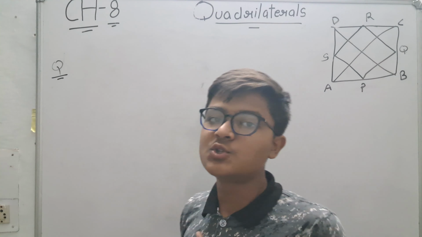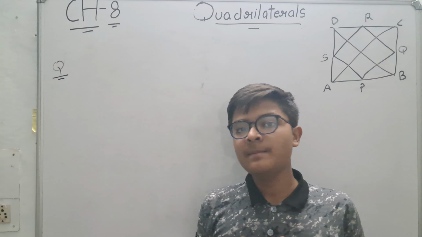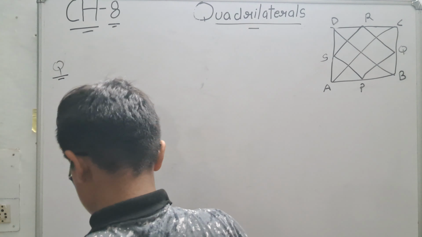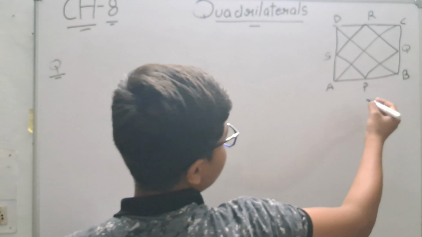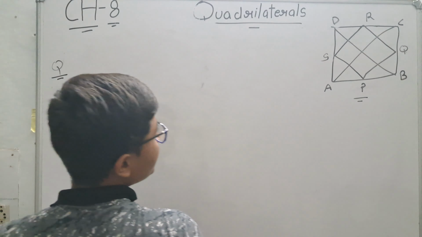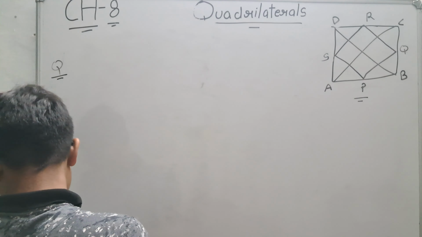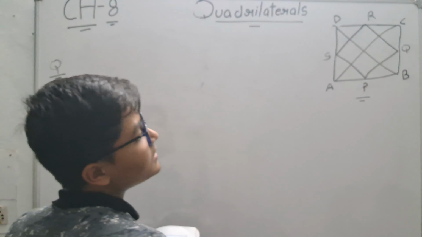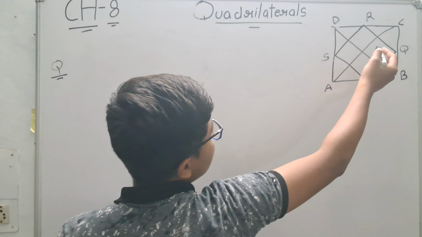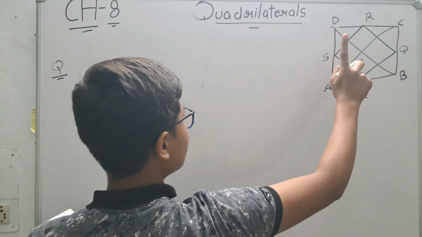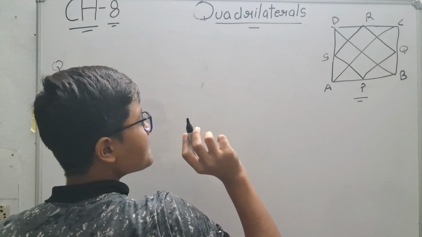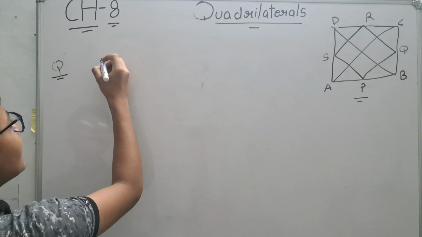Now students, let's do our questions. Let's begin. According to the question, they have not given the figure. We have to make the figure according to the question. I have made the figure, you can see and draw it. They have said we have to show the rhombus, but they have drawn a rectangle, but we have to show that it is a rhombus. From the midpoint theorem, we can write like this also: